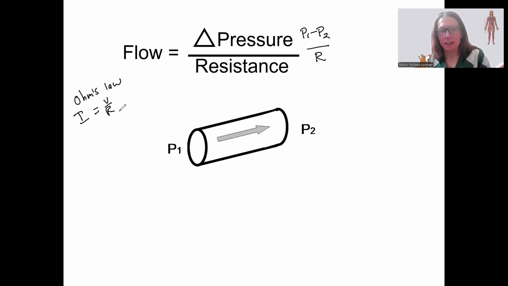Voltage over resistance in that case. So same equation. Okay, so if you want to increase flow, how would you do that? What variables could you change? To increase flow,